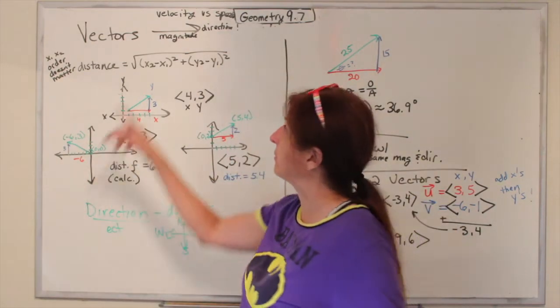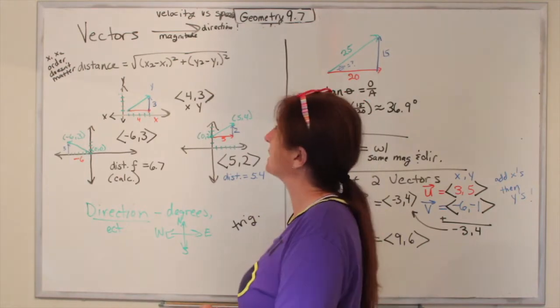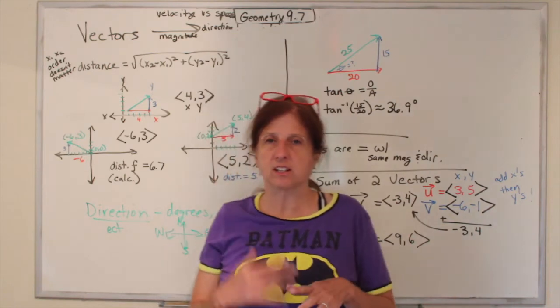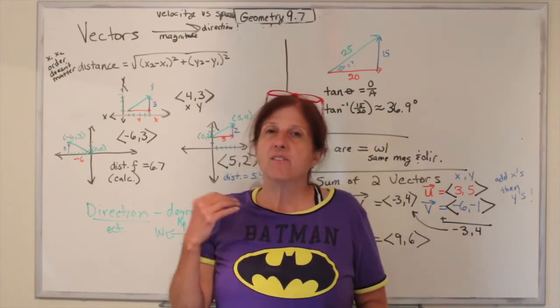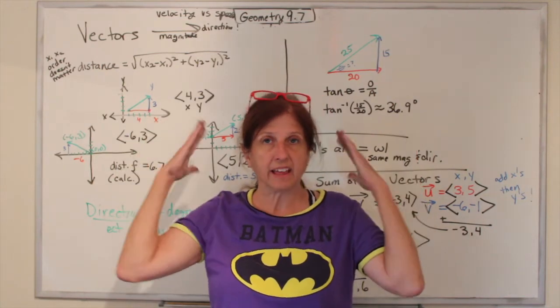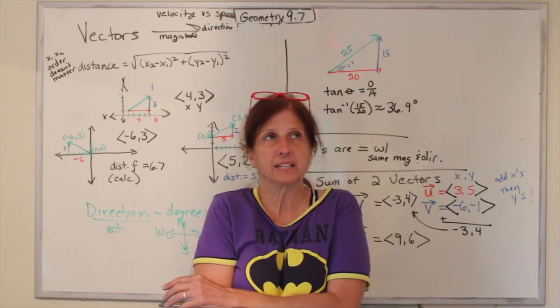And we're going to talk about something that you might have already learned in science, especially if you've had physics, called vectors. So in science, there's certain things called vector quantities and scalar quantities. Vector quantities have magnitude, strength, and direction. Scalar quantities don't, which means like